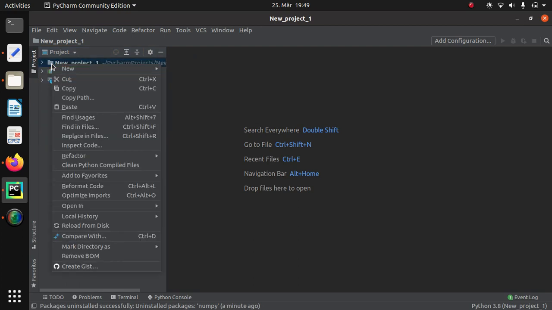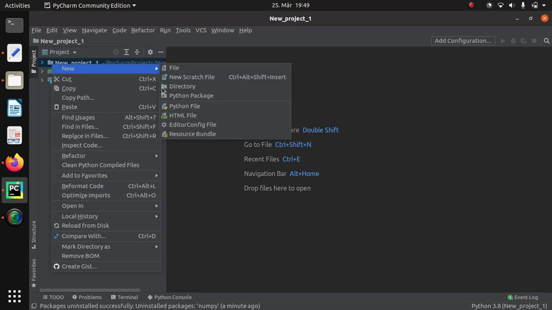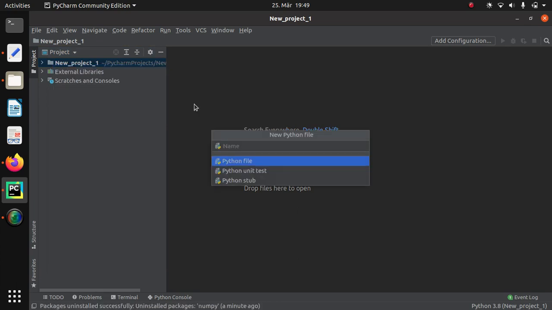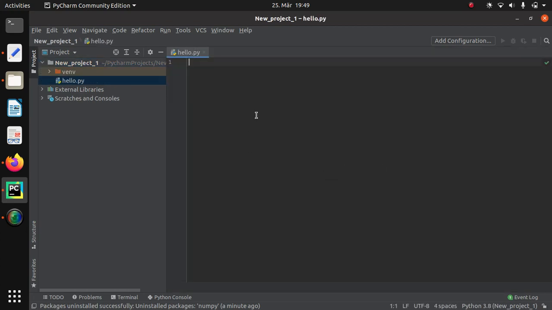Maybe I can start by creating a new Python file here, and we'll give it the name hello. It already adds the extension, hello.py. Now let's create a small function. This is not a tutorial for creating a function, just an example. We want to get the max